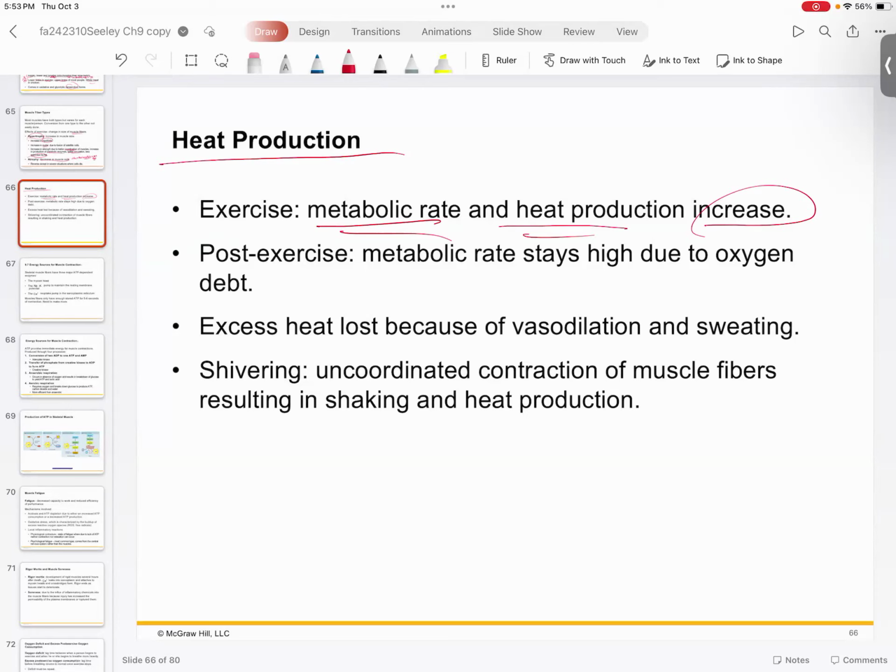That's because you're feeding your higher metabolic rate. You also get very hot, right? And so you have to shed that excess heat that's basically being produced by your working muscles. So oftentimes after you stop exercising, that metabolic rate will stay high. And this is due to what's called oxygen debt. So basically this is a fancy term for your respiratory system